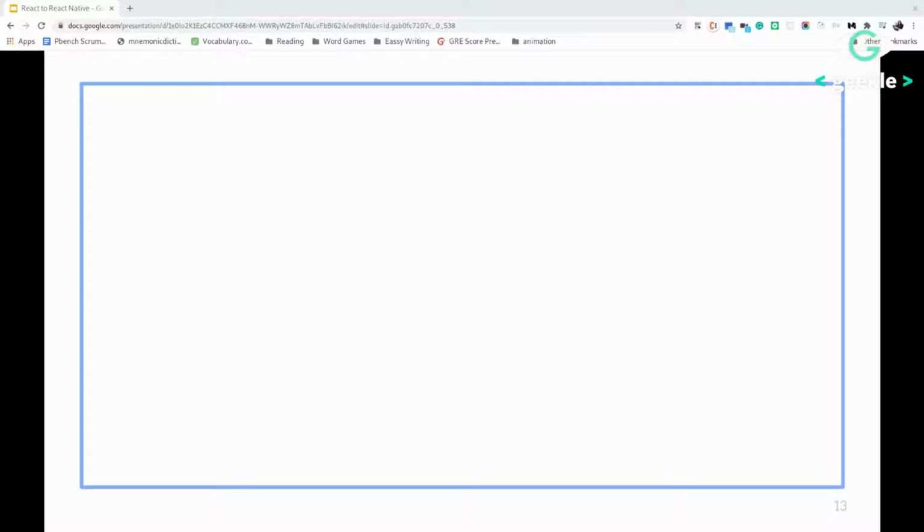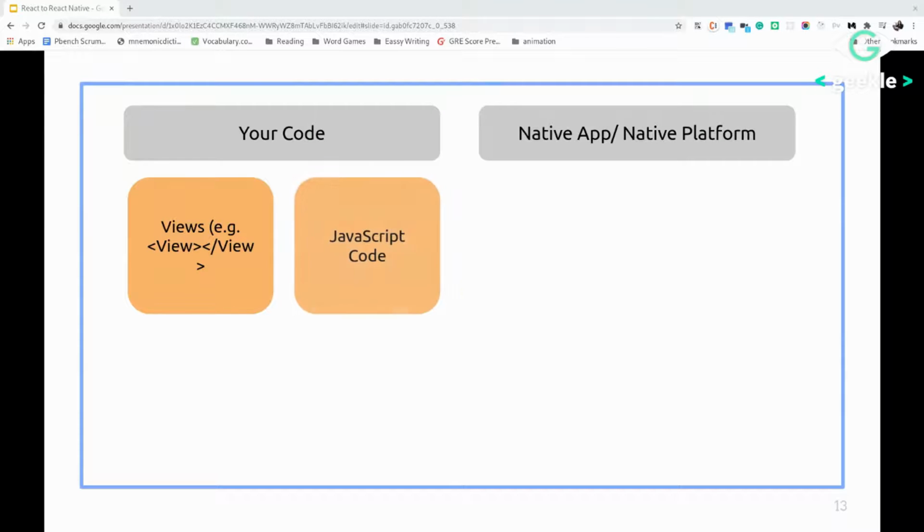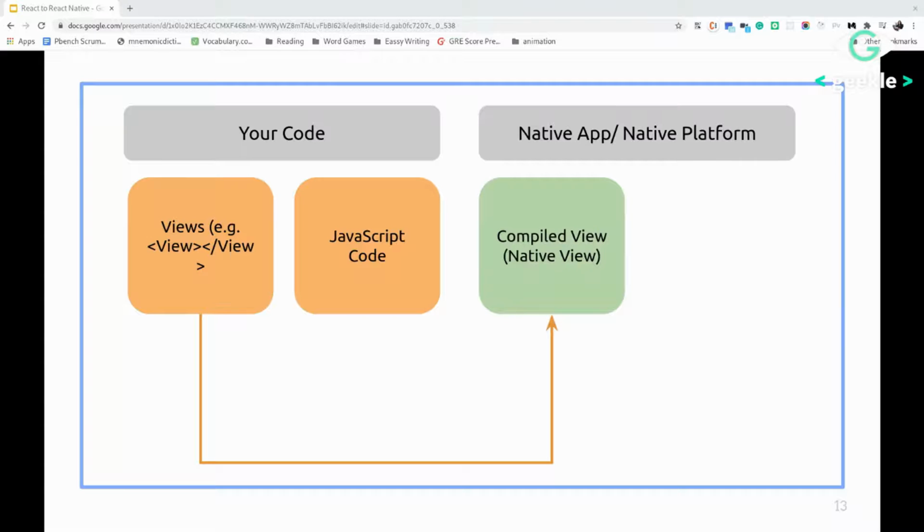So we can picture it like this. For example, this is your code, and this is the native platform where you want to run your code. In your code, you have your view inside the view tags where we write things that we want to see on the screen as a pictorial view. And then behind it, we have our JavaScript code with all the logic for all the functions. Now what happens is the view gets compiled to a native view, and the JavaScript code